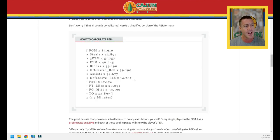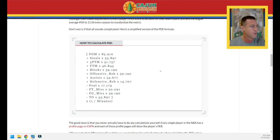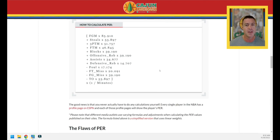If you can be patient with a guy and you can stash them, will they turn out to be fantasy gold later? So here's what I've got pulled up on your screen. I've got how to calculate PER. People are like, what is PER? Well, we know it stands for player efficiency rating, but we don't really know how it's calculated. In its simplest terms, it's all your good stuff minus all your bad stuff divided by minutes per game, and